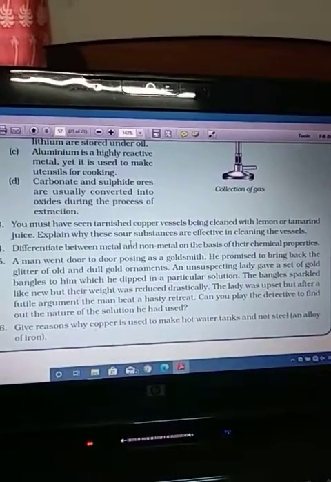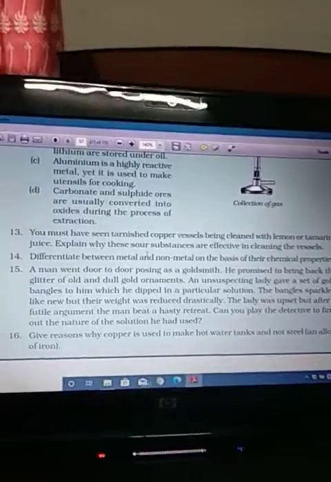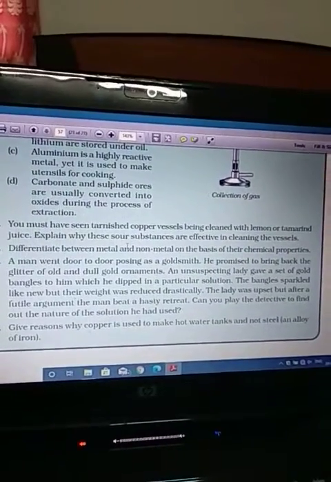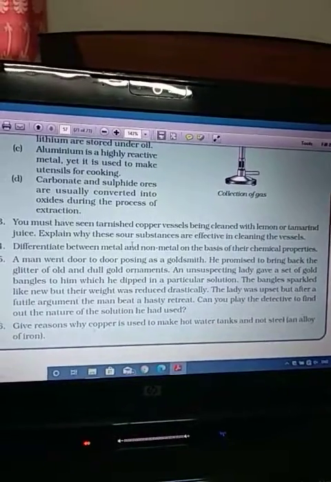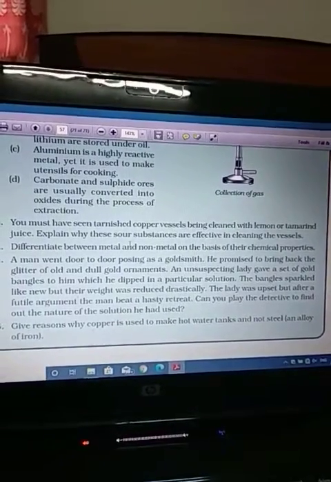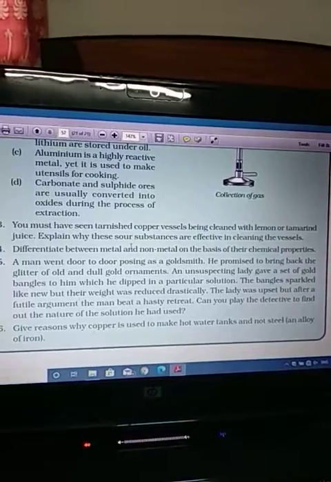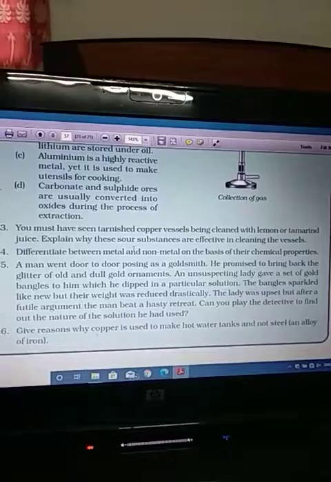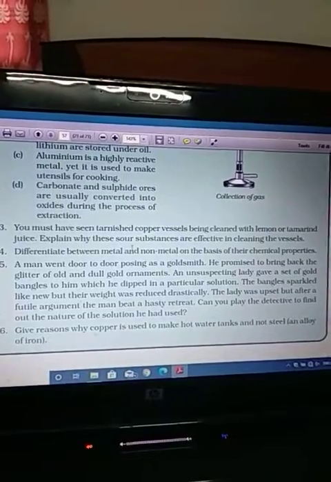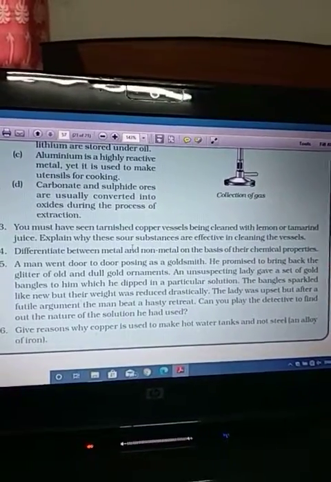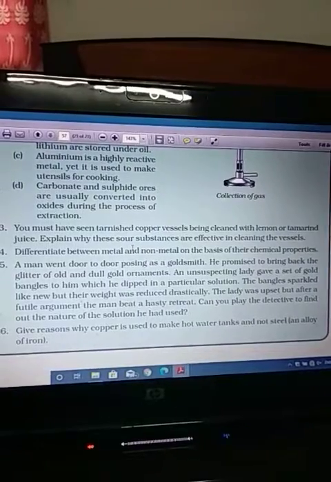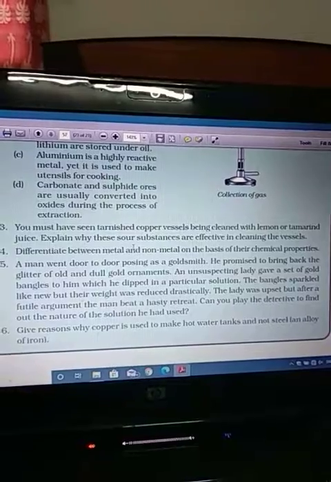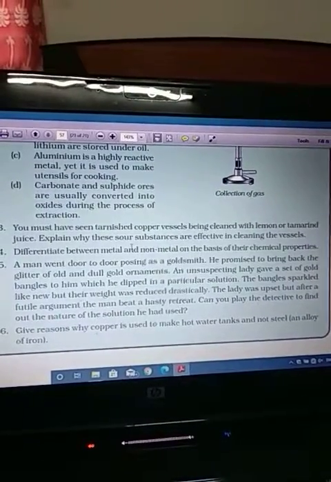He used aqua regia, because aqua regia dissolved the upper layer of the gold, so the tarnished or dull upper layer of the gold got dissolved in the aqua regia. That's why the drastic change in the gold ornament took place, and the upper layer was removed by dissolving in the aqua regia. That's why another layer became shining. That's why the bangles started to sparkle.